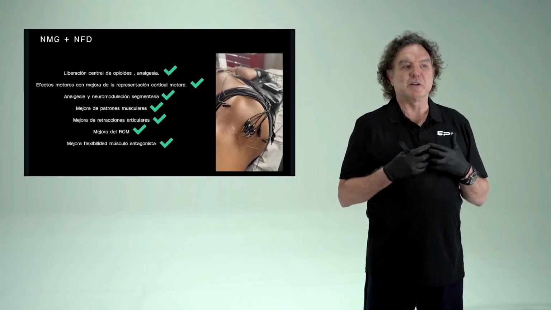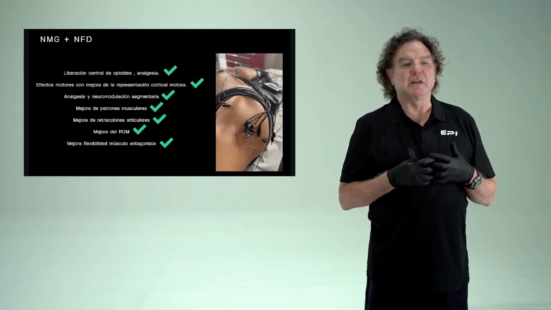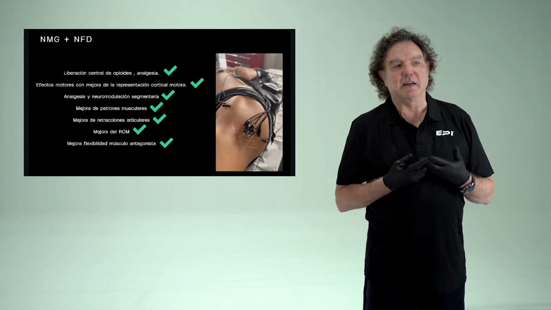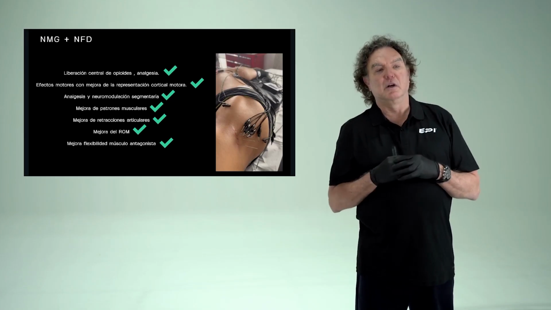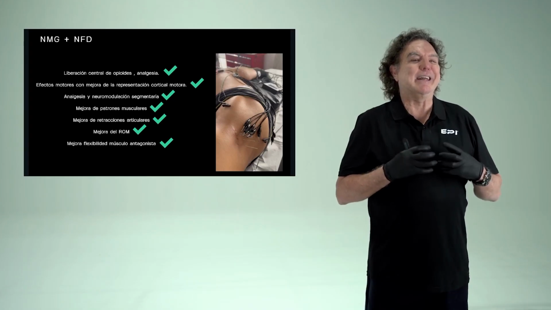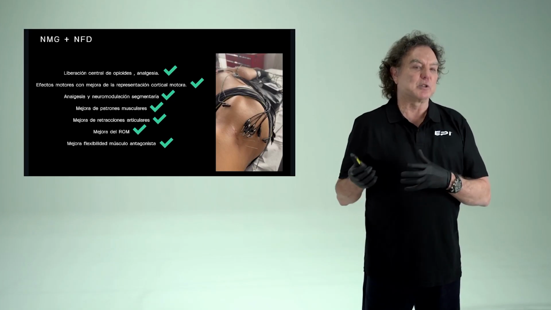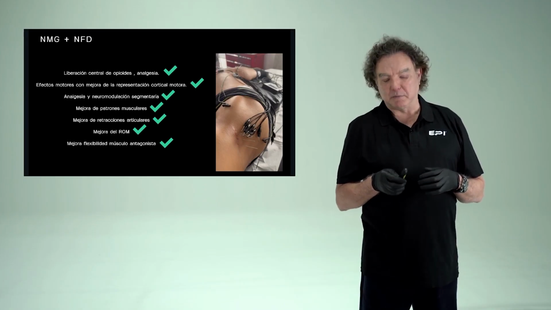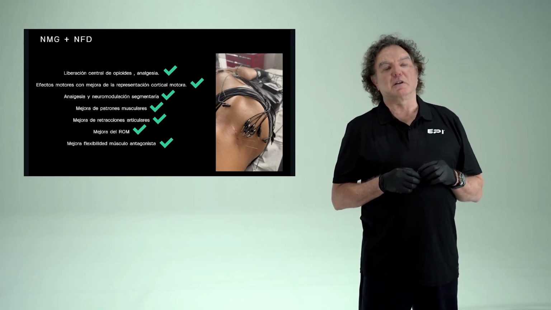Central release of opioids, meaning significantly greater analgesia, along with enhanced motor effects with improved cortical motor representation in the M1 area, which is the primary motor area, leading to greater segmental analgesia. We will improve those neuromuscular patterns that were altered by various musculoskeletal dysfunctions. We will also improve the stiffness of the connective tissue, which will additionally influence joint restrictions. Therefore, we will significantly improve ROM, that is to say, joint movement, and we will enhance flexibility at the level of antagonist muscles due to the effect we produce on the gamma motor neuron loop with